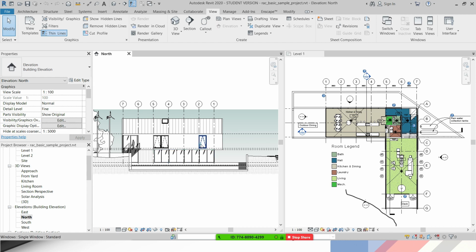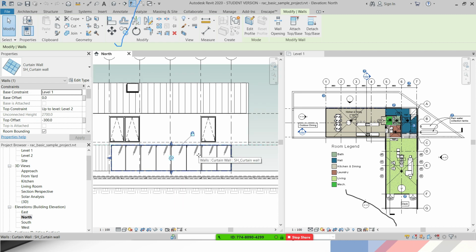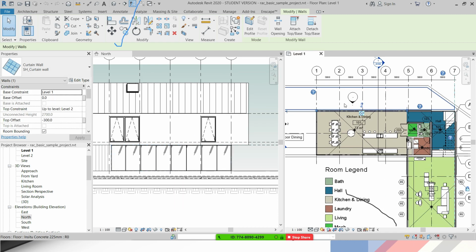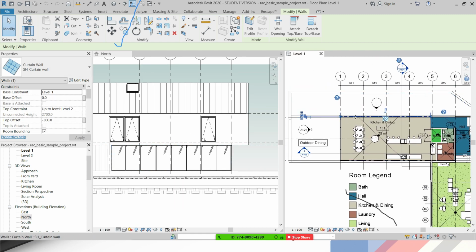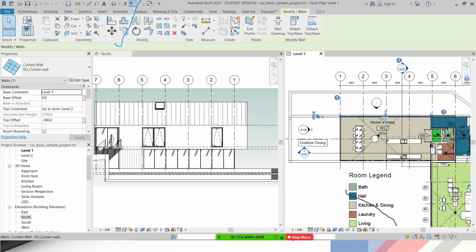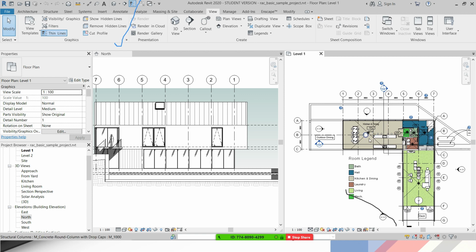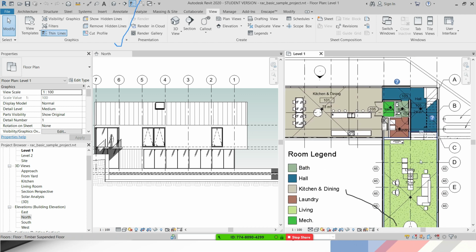Also, if I select any of those elements in the elevation, you will see that they are highlighted in plan. So if I select this wall, for instance, I can see the same is highlighted here. Any modification that happens in any of the views will be reflected on all other views, and schedules are included. So if I switch to the schedules,